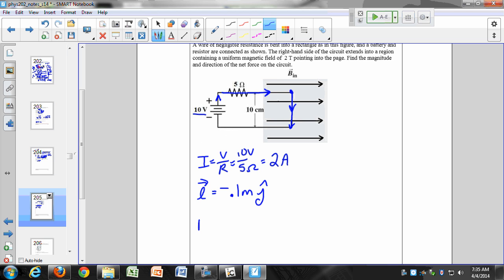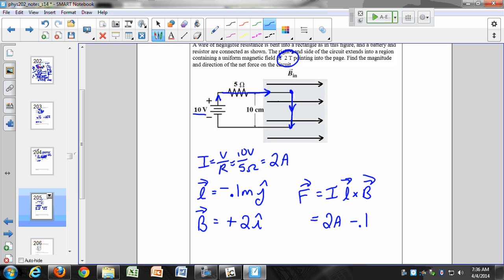And then the magnetic field in vector notation is what? Right, the magnetic field is 2 Tesla, so it's going to be plus 2I. And then it's just a matter of doing the cross product. We have everything. It's a pretty simple cross product, IL cross B. That's going to be 2 amps times negative 0.1 meters in the J direction,